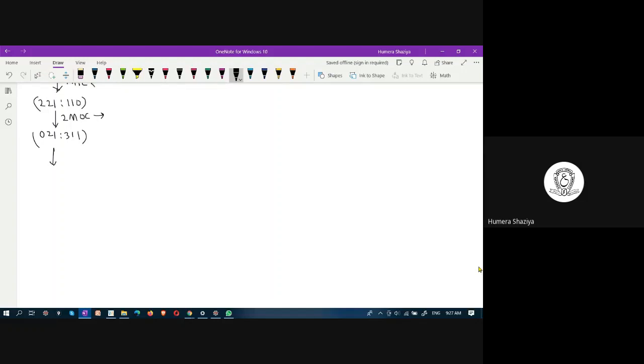Further, which rule is to be applied? Which operator? One cannibal towards left. Yes, 0 missionary, 1 cannibal to left. This is 0, 3... Here this should be 0, 2, 0. No, this should be 0... Yes, right, ma'am. Yeah, this should now be 0 3 1 colon 3 0 0.